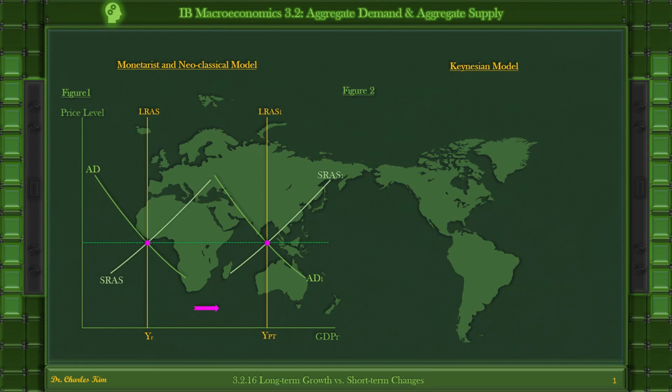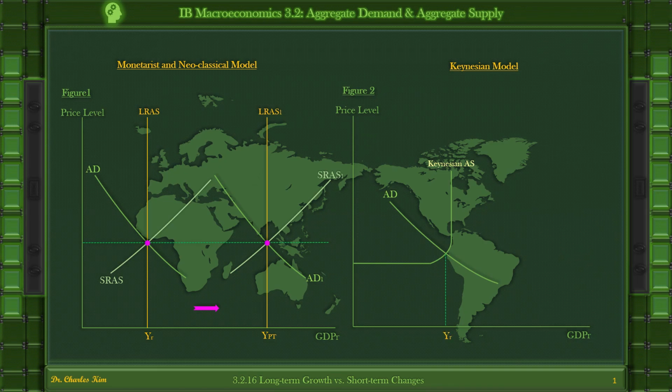Figure 2 explains both short and long-term Keynesian economic growth. As usual, the x-axis shows real GDP, or GDPR, while the y-axis represents the general price level. Draw the reversed, L-shaped Keynesian aggregate supply curve, AS, and aggregate demand curve, AD, using YR as the real income,